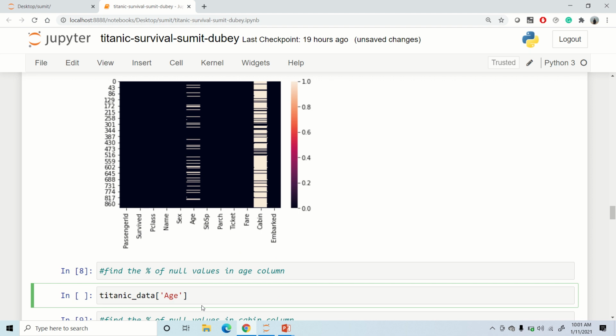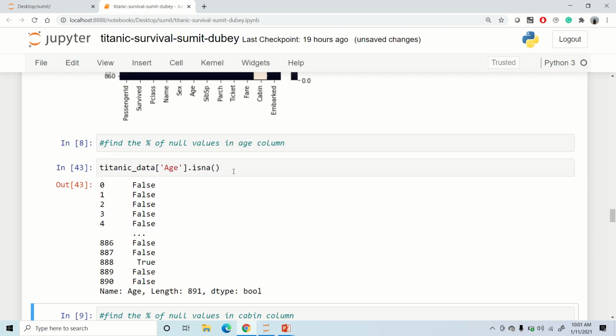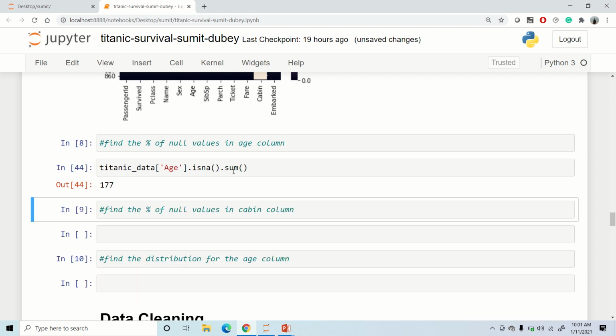If you run just this line, you can see this particular age column is displayed here. I just want to check the null values, so I'll say isna, and run it again, and I'll get some true and false values. If I do a sum of it, then I'll get the total sum of null values, and that is 177.